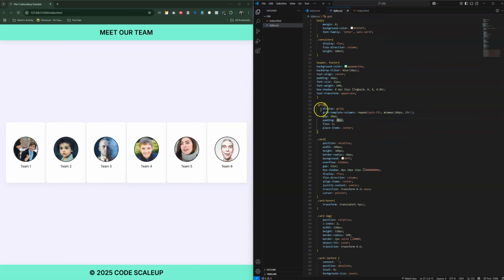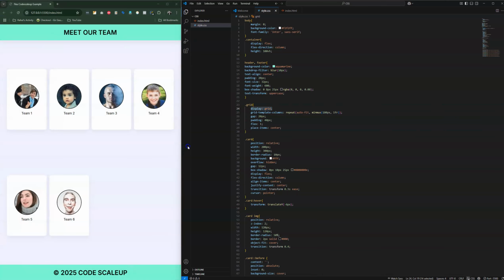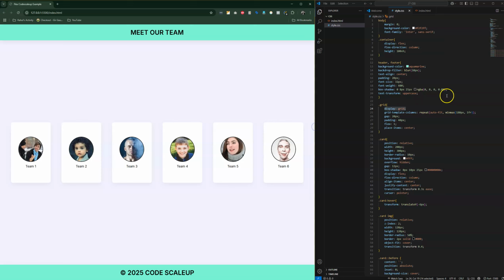So for the grid I've set display grid, and then I've set the grid template columns to repeat auto-fit, and minmax 180 pixels and 1fr. So whenever the screen changes, it will auto-adjust completely. Look at this, it will auto-fit for all of those screens, right? So grid template is something really amazing, and of course I've defined the gap,